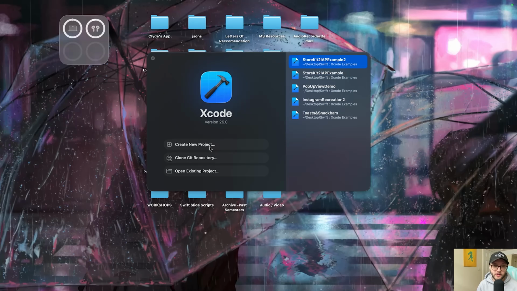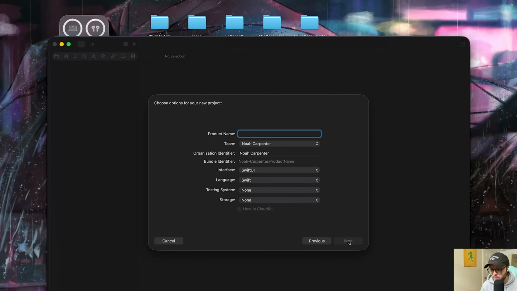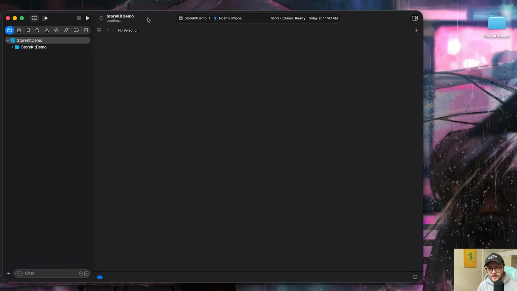So I'm going to be starting off in a blank Xcode project, but always feel free to add this to an existing project, especially with in-app purchases, usually something a little bit more down the line. So I'm going to call this one StoreKit Demo. If you do want to grab the demo that I was showcasing in the intro, the link to that is in the description below. Okay, we're going to be using SwiftUI, language of Swift,